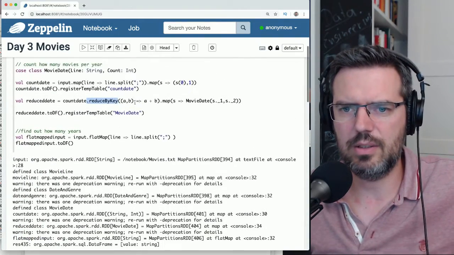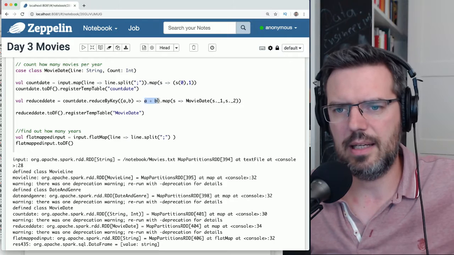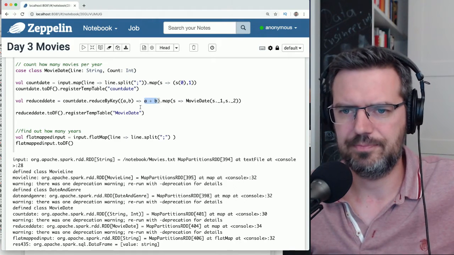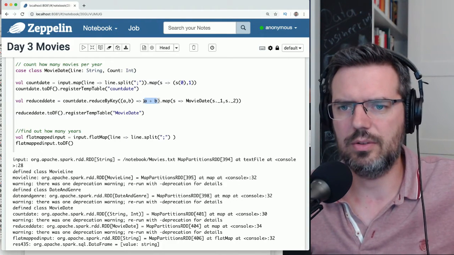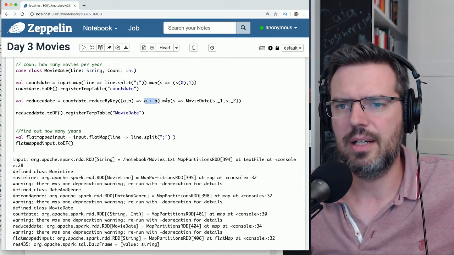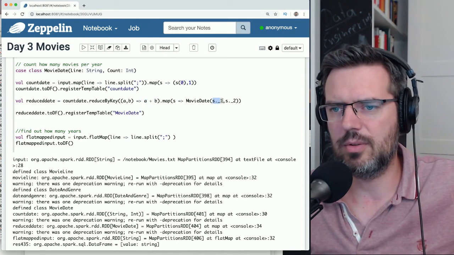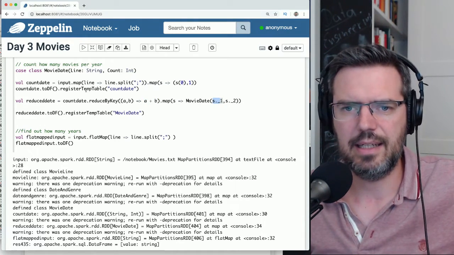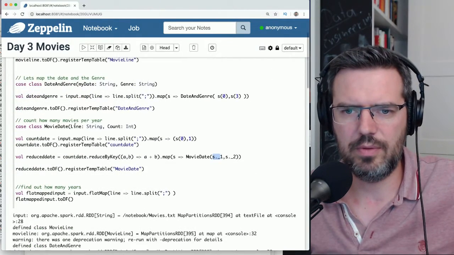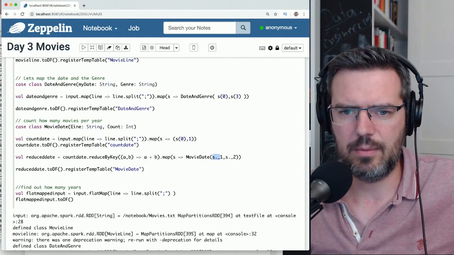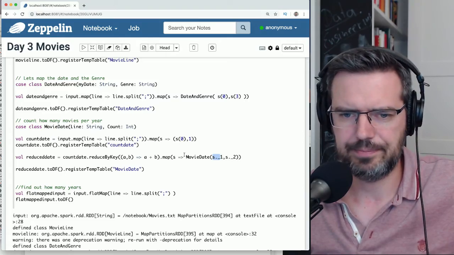And then he's going to add the values of these together, and then I'm mapping those into the movie date class, where we have the line and the count.